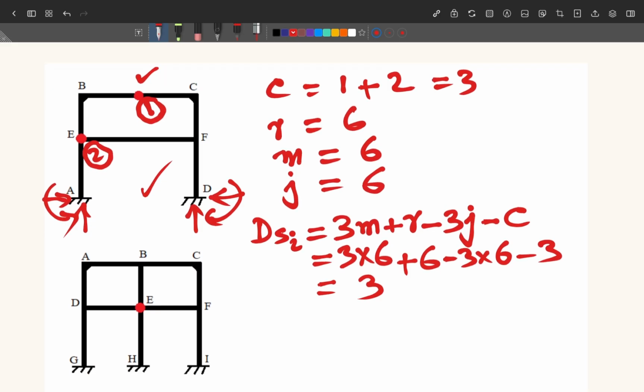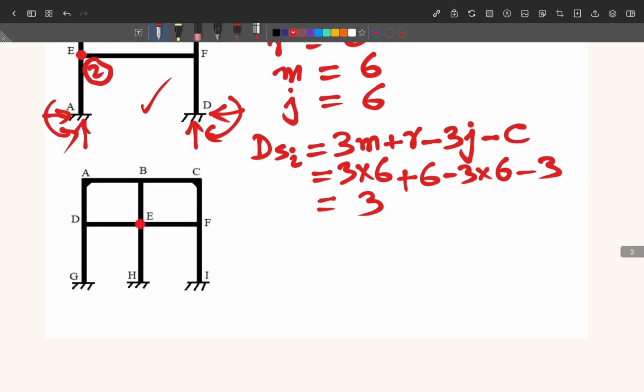Now what is happening at the internal pin? As you know, the internal pin will not give you any moment. There will be only horizontal and vertical forces, and there will be no moment. So you can say that moment at E will be equal to 0 here, right? Moment at this point E will be equal to 0. So in these members, which is EF, EB or EA, there will be no moment at this point. So that is the thing. Now we come to this